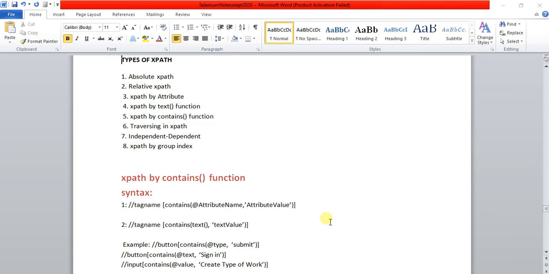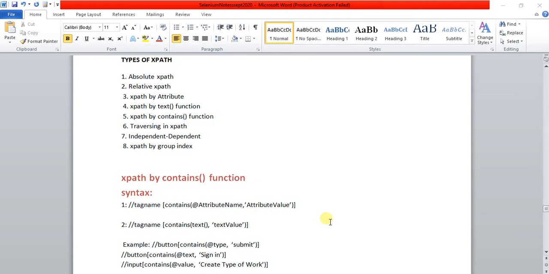Why are we using this when we are writing XPath in our application? Whenever we come across a partial dynamic element, we go for the contains function. Here I use the word partial dynamic. What does partial dynamic mean? For example, think about your Gmail application.